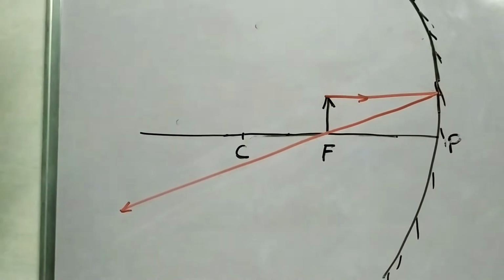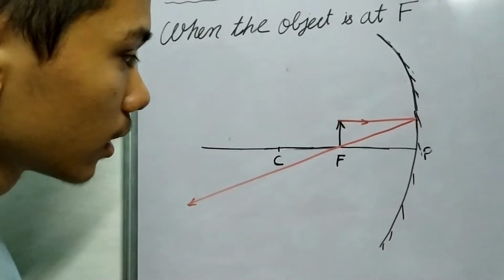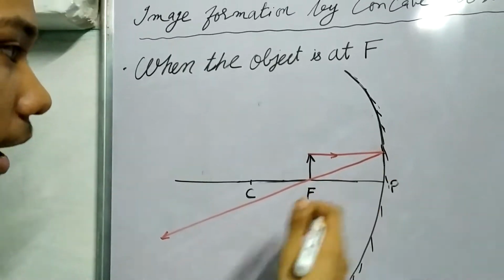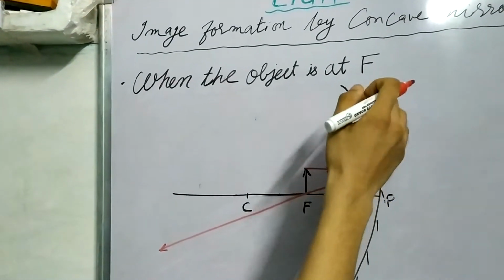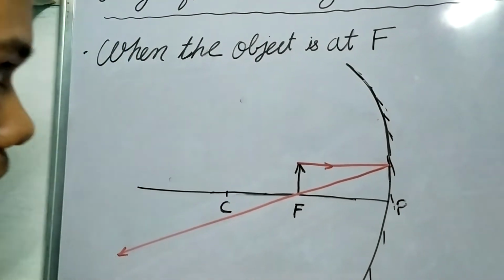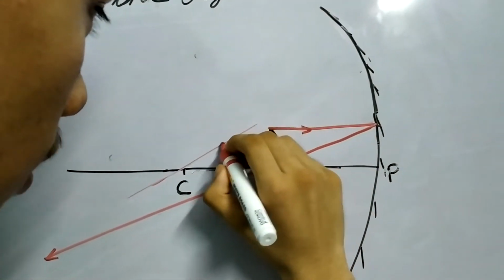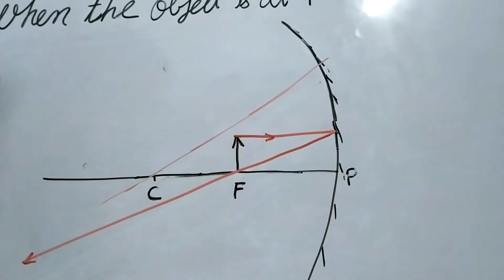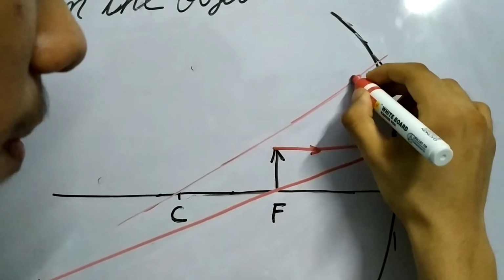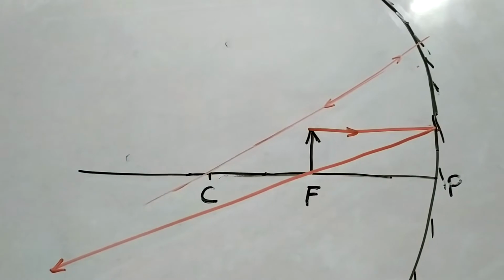Now another ray we can take. Okay, now we know one thing, right? That if a ray passes through the center of curvature, it gets reflected again and passes through the center of curvature. It retraces its path. Okay, now what if an object is placed? So let me draw this just for a reference. That's what will happen. If this ray passes through the center of curvature, it will retrace its path. So I'm drawing this light because this is just a rough work.